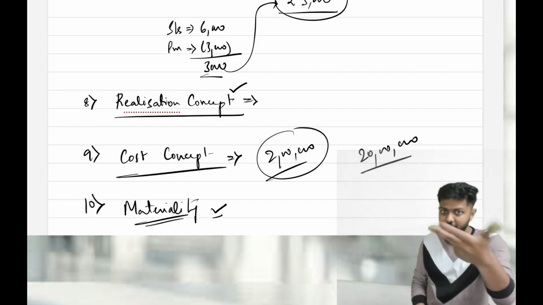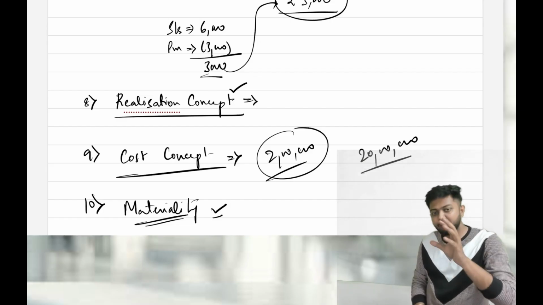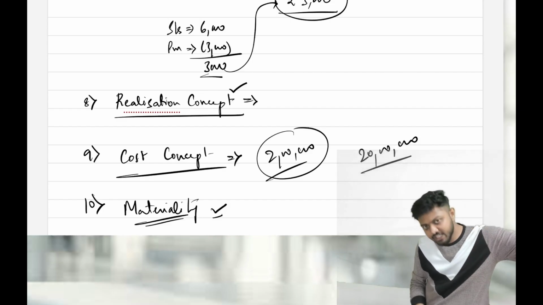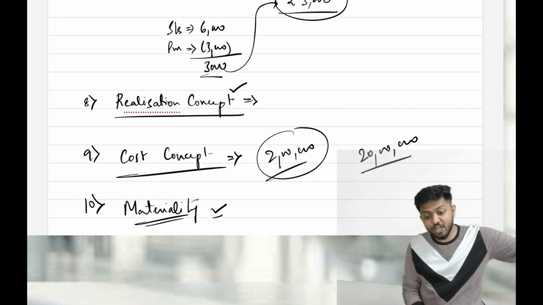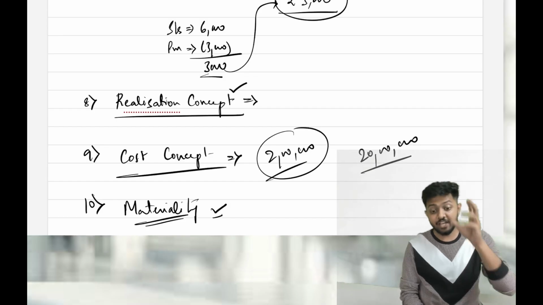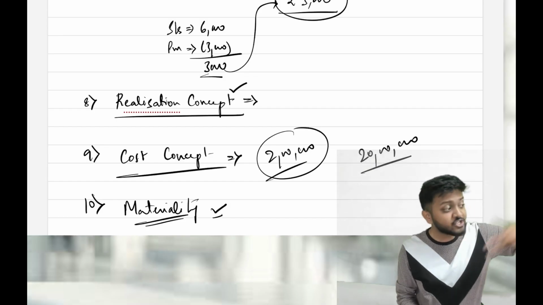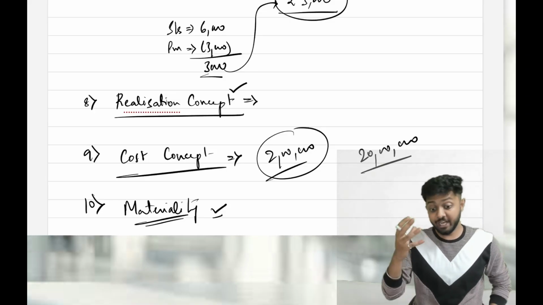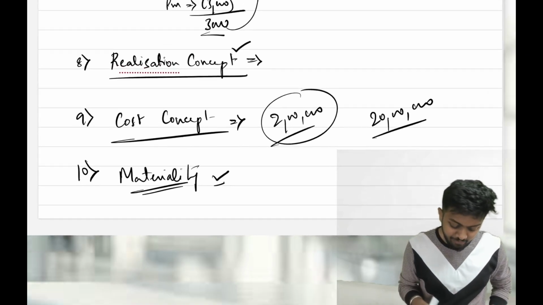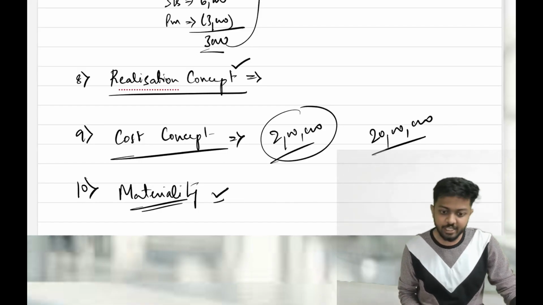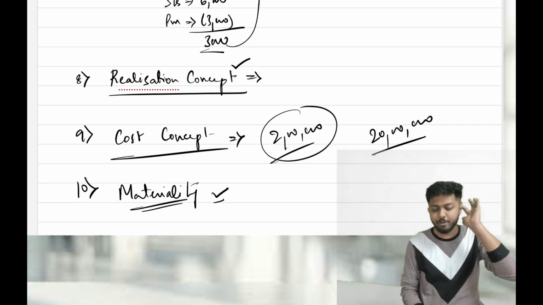Just to tell it in simple Kannada, material information means, if you give this information to the stakeholders, and the moment you give the information, it is so influential that it will change the decisions of the stakeholders. It is so important information that once the stakeholders listen to it, they will change their decisions. So it's a material information. So they are telling you if there is any important material information which can change the decision of the stakeholders, you should disclose it because people should know.